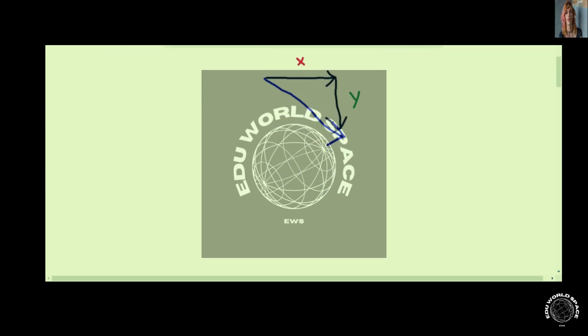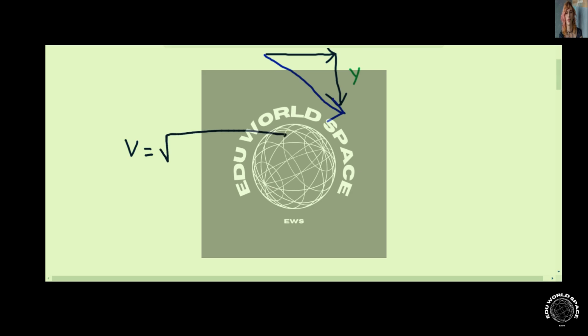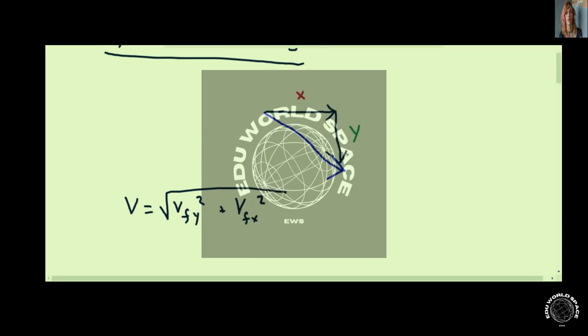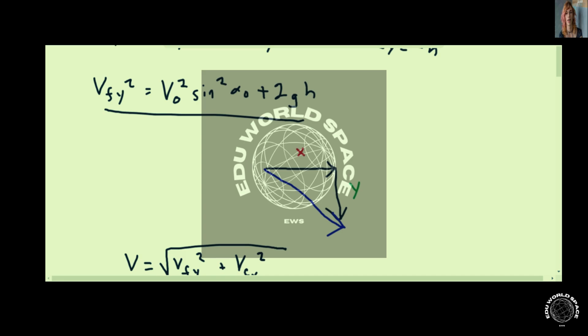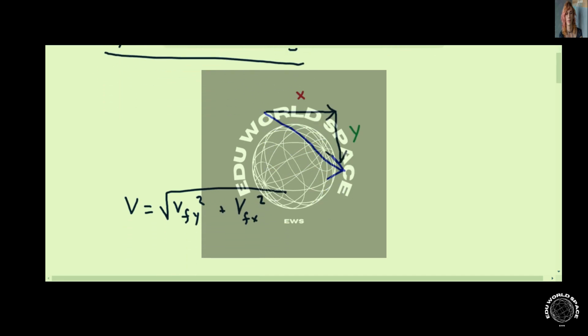So v is equal to the square root of v final in the y direction squared plus v final in the x direction squared. Now if you look, the v final in y is already squared, so we can just plug that in. So we have v is equal to the square root